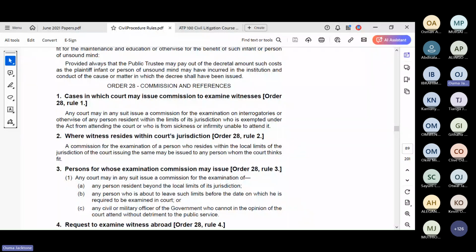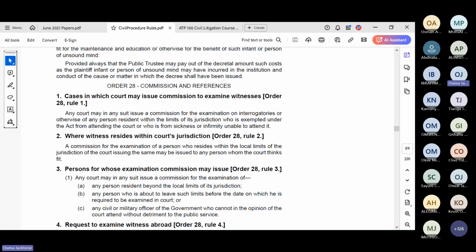Okay, so what do I do if my witness is not able to attend court? I make an application for an order of commission for the examination of XYZ who is sick. Okay, so the court will appoint a commissioner, and the commissioner can be a magistrate within the jurisdiction. So if you are within Nairobi, the High Court in Nairobi can issue an order to the magistrate in Nairobi to go and do the commission, or the DR go and do the commission, or an advocate who is a commissioner of oath go and do the commission.